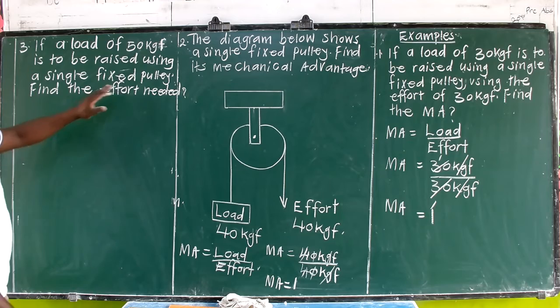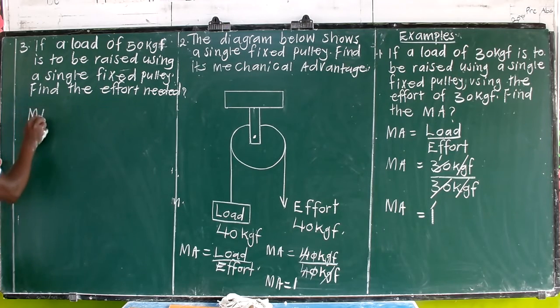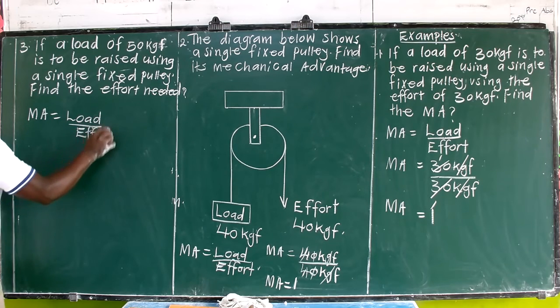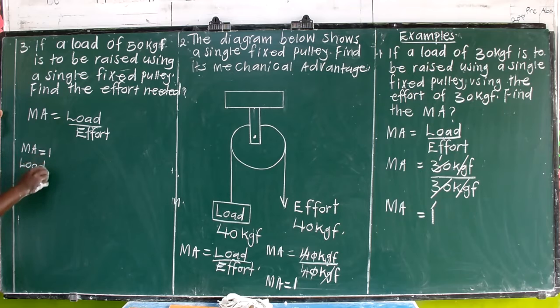So if you want to find the effort, you write the formula. Mechanical advantage is equal to load out of effort. What is our mechanical advantage? It is 1. Our load is 50 kilogram force. Then our effort,